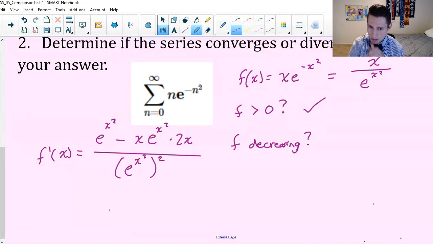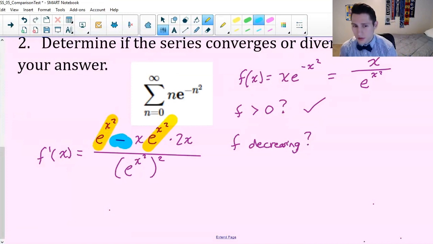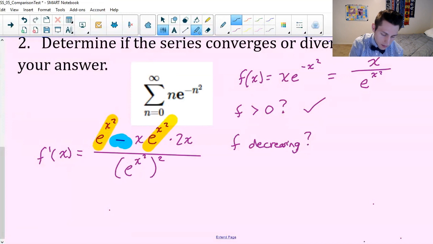Denominator will always be positive because it's being squared. Now, if I look at that numerator, I have this same sort of piece, the e to the x squared and the e to the x squared in both. And so think about this as being subtracted between them. So that second term has more stuff in it that's being multiplied by it, right? Because it's not just e to the x squared,